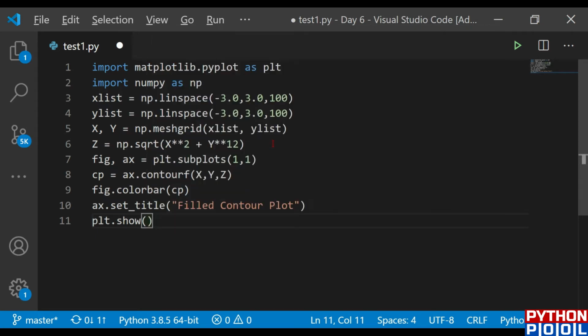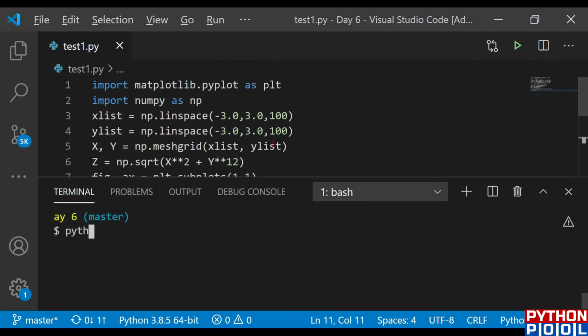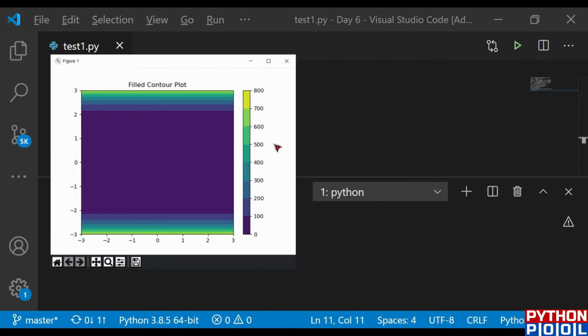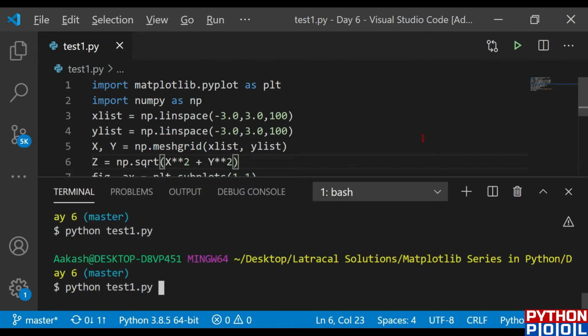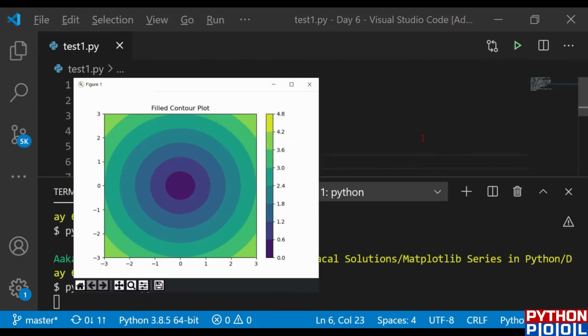We are ready to run the program. Let's hit save. Let's see if it runs perfectly fine. And yes, it runs perfectly fine. There was a slight mistake, as we missed the function. I think I see where we missed it. It is not 12, it is 2. That's it. Let's hit save. And we got the same plot we saw in the presentation.